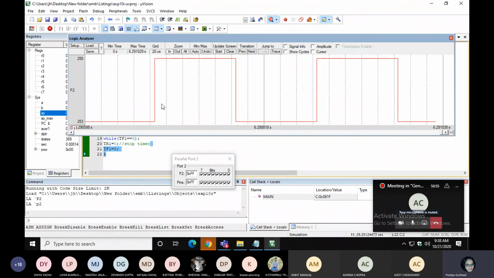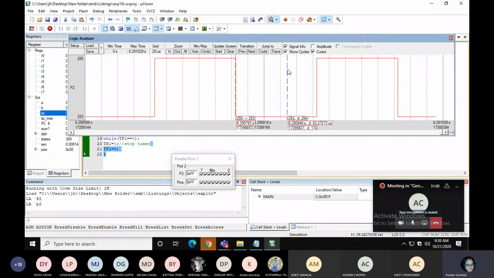So if you want to check the frequency and amplitude, you just put a cursor like this one and this one. You can find out what your delay time is. So you just have to subtract this value, that is your delay. You can see some value comes here, so you can find out the difference between them and get your particular delay, any signal information you want.